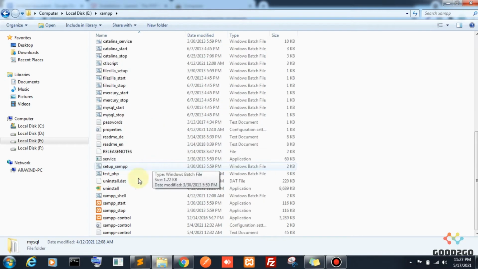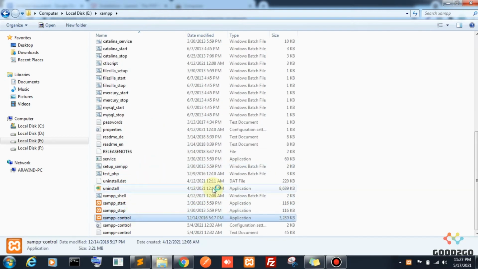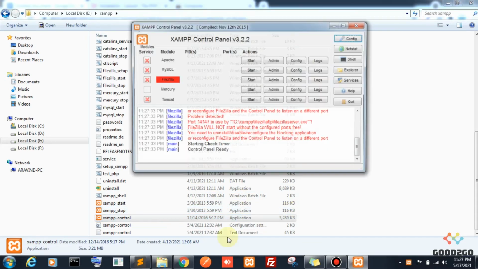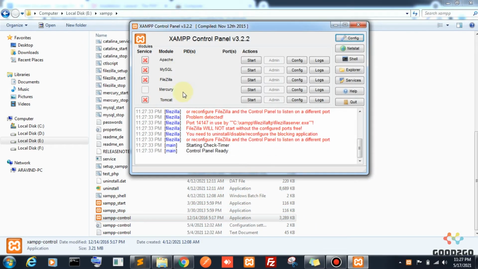I'm going to start the XAMPP control panel. It will take some time to load the Apache server. Here we have Apache, MySQL, FileZilla, Tomcat. We need the Apache server and MySQL for Laravel. Actually MySQL is not mandatory.